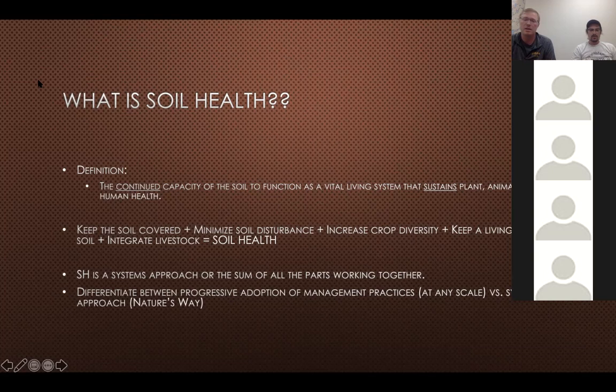And that kind of goes into the next bullet, where soil health is a systems approach, or kind of a sum of the parts of those 5 principles. And ultimately a difference between the progressive adoption of each one of those practices, like cover crops to increase diversity or keep the soil covered or keep the root in the system, no-till to limit disturbance, keep the ground covered. So if we have a farmer that's doing a soil health system, it's typically a combination of cover crops, no-till, strip-till, nutrient pest management, those type of practices versus an individual practice like